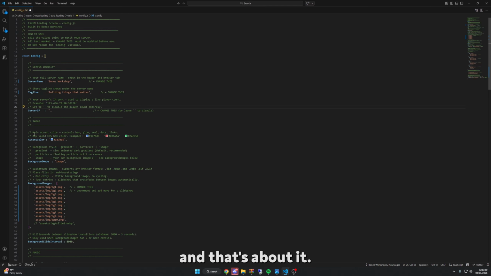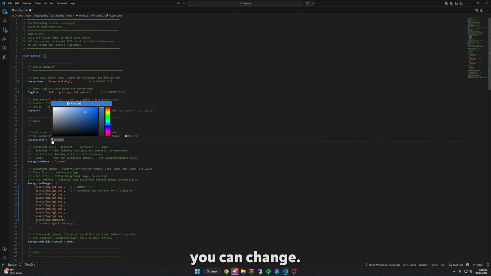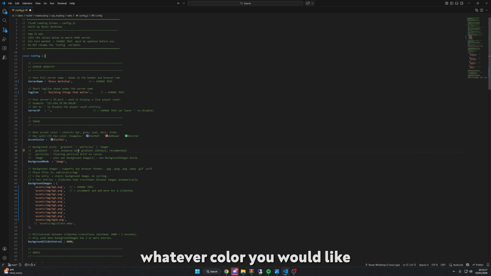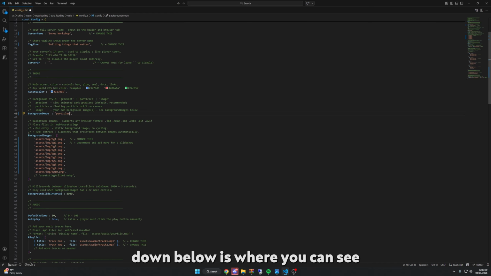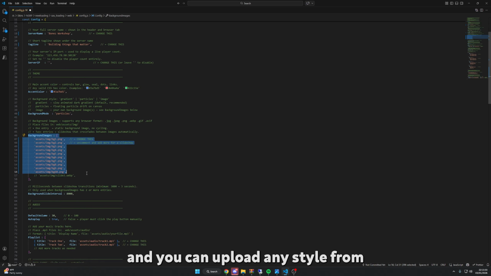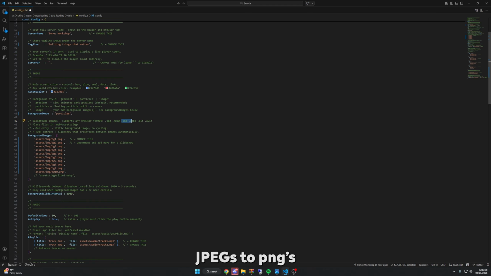And that's about it. The main accent colors you can change. You can either type in your own hex code or you can pick whatever color you would like. Your background style, you have three different styles. You have a gradient, you have particles, and images. Images is what you were seeing originally, but we'll change it to particles so you can see that. Down below is where you can see all of your images, and you can upload any style from JPEGs to PNGs to WebPs, GIFs, anything you would like. And you can also even adjust how often the